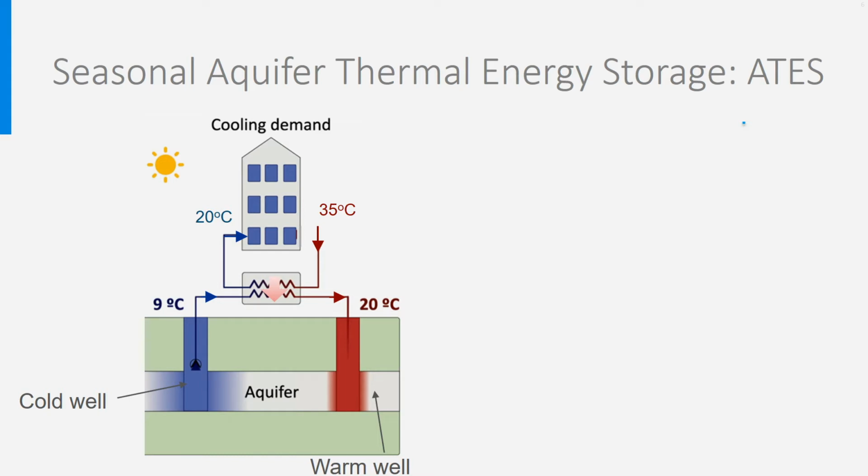So, the cold water from the aquifer is pumped and heated by the warm air up to 20 degrees in this example. This aquifer water at 20 degrees is then re-injected into the aquifer using a well placed far enough from the cold one, generally a few hundred meters. This pumping of the cold aquifer water is done all summer, resulting in a bubble of warm water at the warm well. I remind you that the water is somehow confined within the sand and circulates only very slowly between the packages of sand. As sand's thermal conductivity is not very high, the bubble of heat is able to remain for a few months.